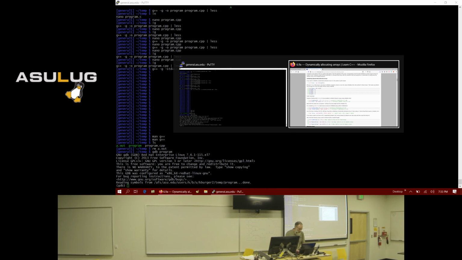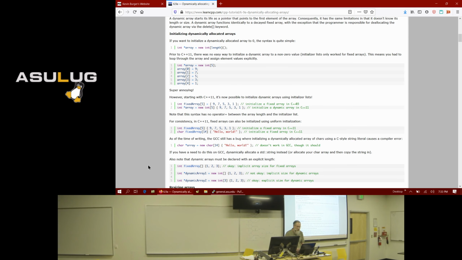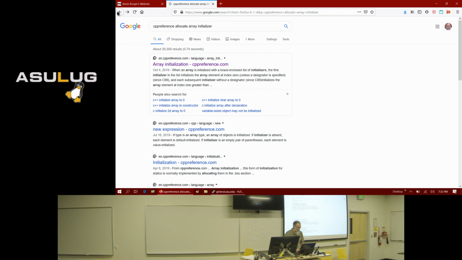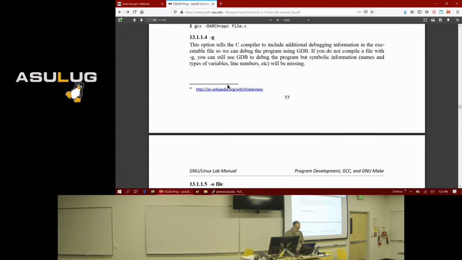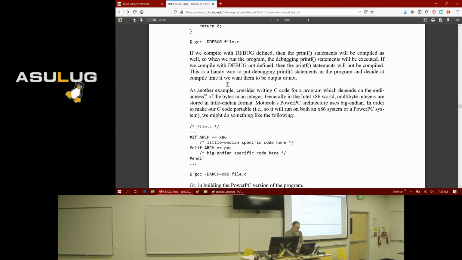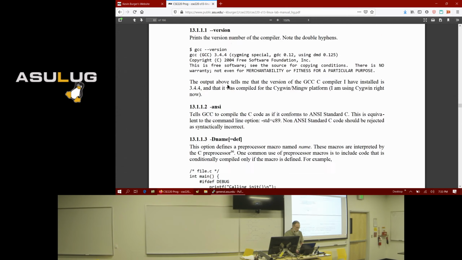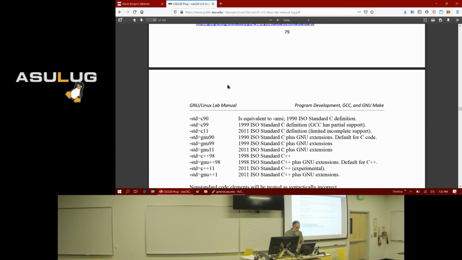Now I have in that manual, which you have access to if you go to devlang.com, a chapter on GDB. Let me find that. And I think it follows chapter 13. It's chapter 14, I believe.